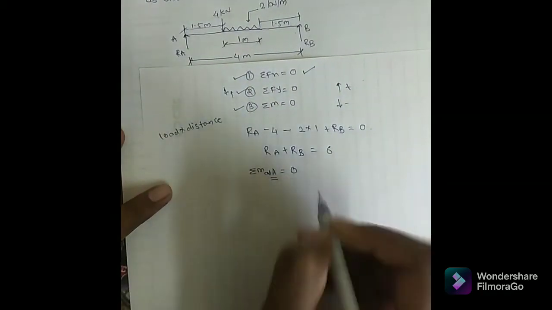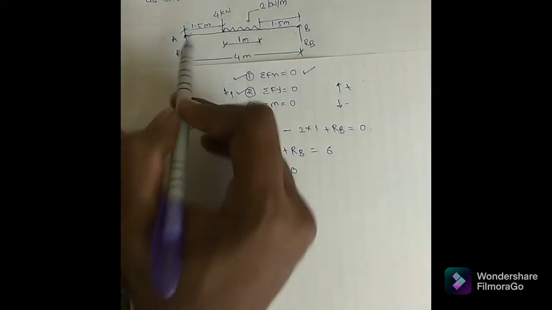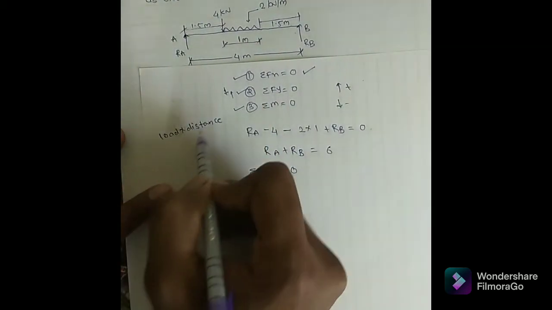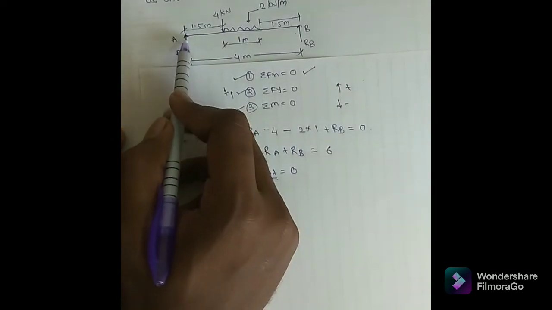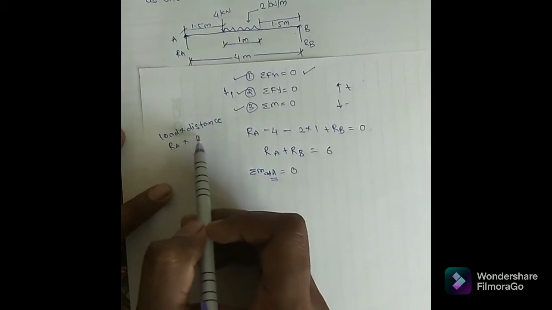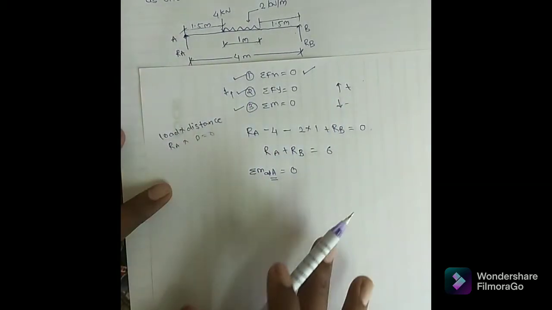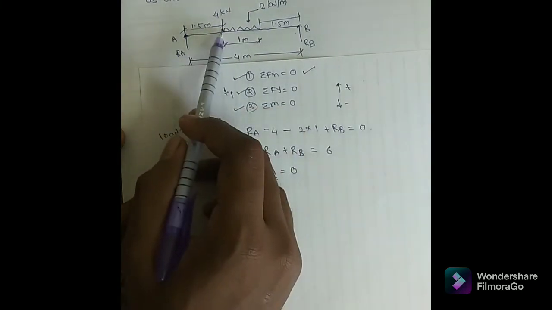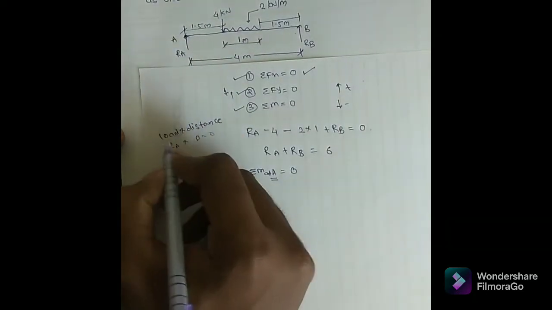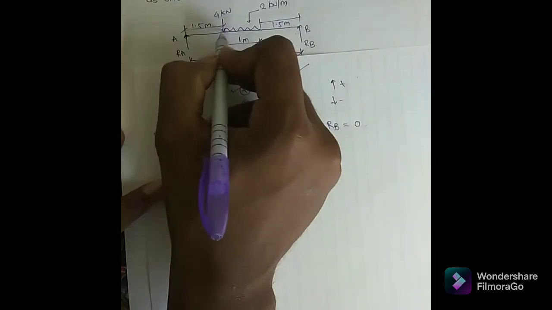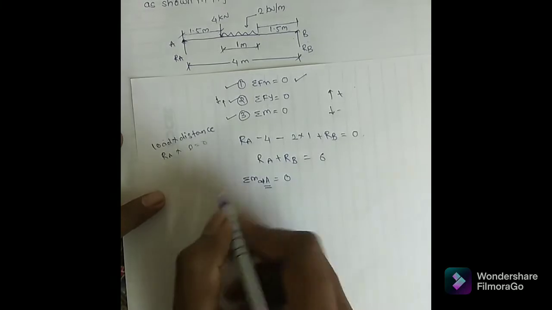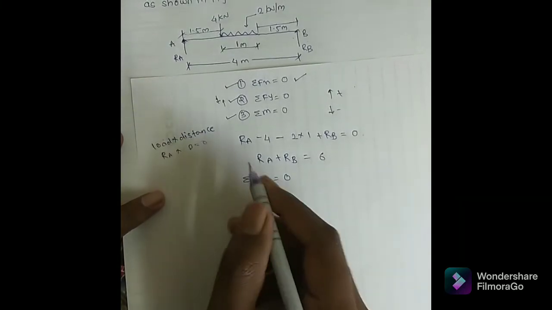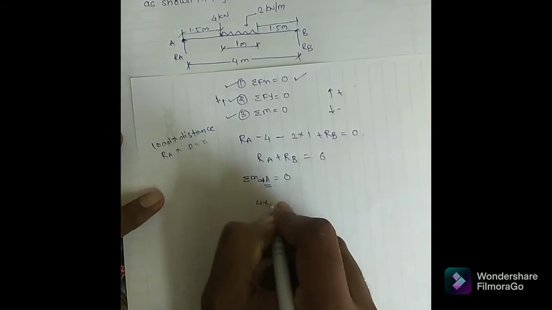So we are taking the moment at A. This is the A point. Reaction RA is passing through A, so RA into distance is 0 because there will be no distance. Hence we are not considering RA. So we will consider the point load now. As this is clockwise, and anti-clockwise you can consider. So 4 into this distance 1.5, load into distance, and it is in clockwise direction, hence positive. So 4 into 1.5.